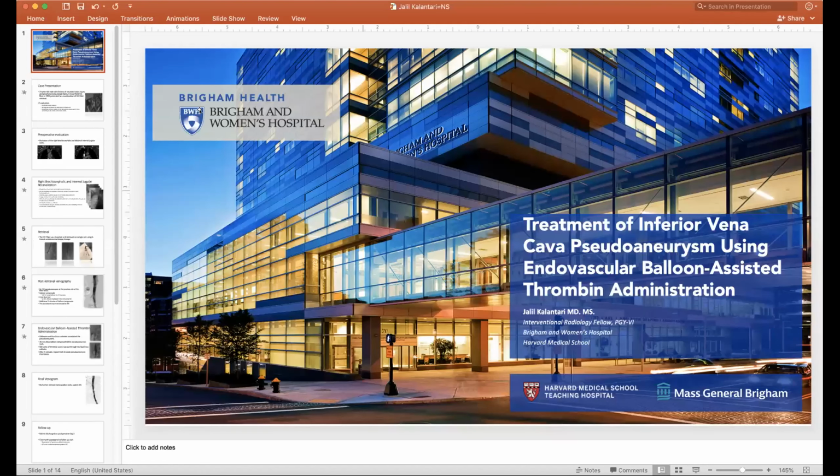Great. Any other questions? Okay, thank you. That was another great case. Thank you for sharing and putting it together. Also very complicated. Did his IJ stay open, or that collateral? Yeah, that collateral. So the brachiocephalic was still patent, but that collateral, no. We didn't really evaluate it, but on the CT I couldn't find that collateral anymore. But the brachiocephalic, yes, it was still open. Great.